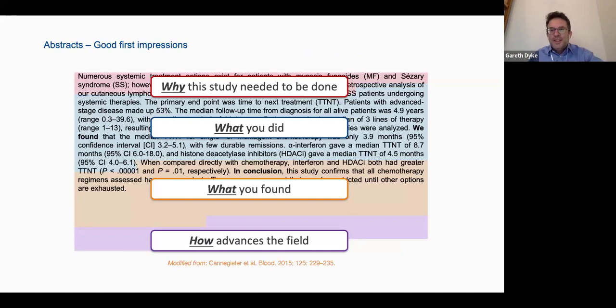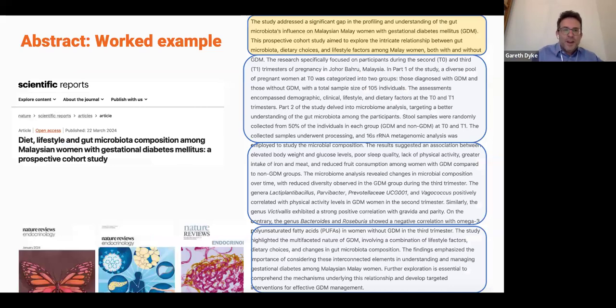Why does the study need to be done? What did you do? What did you find? And how does this study advance the field? What did you conclude at the end of the article? We give you a few worked examples and we can give you these slides. You'll have access, of course, to this recording at the end of the session, but you can go through,